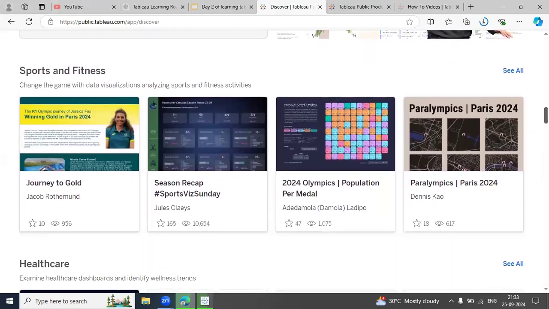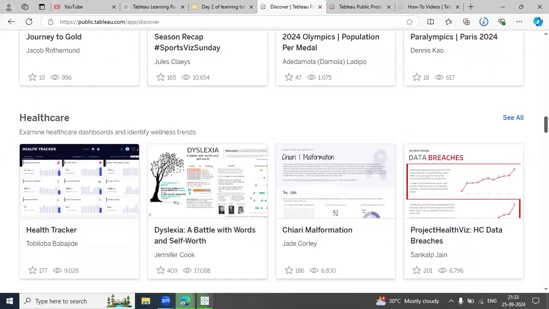There are also some ways to use it in fitness or sports, like to get into the journey to goal of any biography, or season recaps, how many seasons, what can happen, Olympics, population, Paralympics that we had in 2024. So it is also used for that.